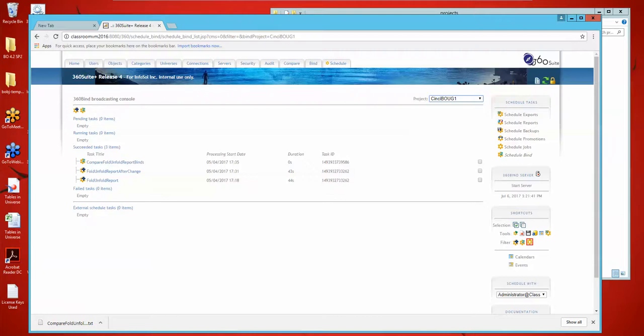We're going to show you how you can use 360 Bind to quickly compare changes in a Webi report over a given period of time. So I'm already in the 360 suite of tools. We go into the Schedule tab and you'll see here a scheduled task that we've already clicked on to actually